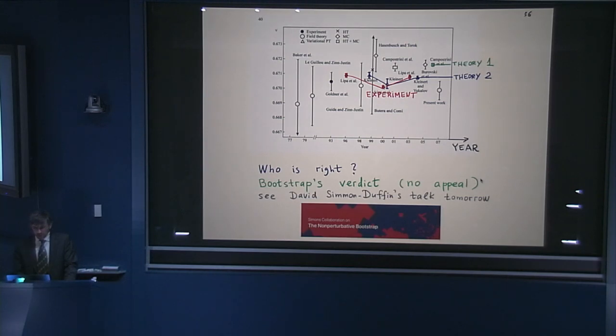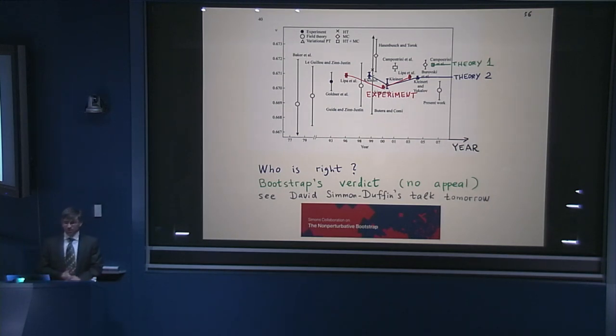The trouble is that there is not a very good agreement between theory and experiment. This is a famous system, so many people have studied it. Here in red, you can see different experimental measurements by the same group. First they measured some number, then they measured a slightly smaller number. Eventually they got to at least agree with the first experiment, and that's the final measurement that they did using the space shuttle.